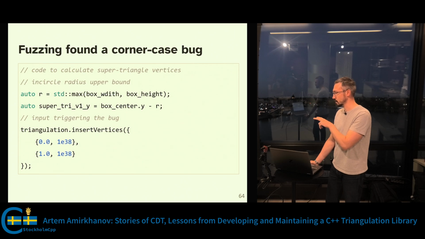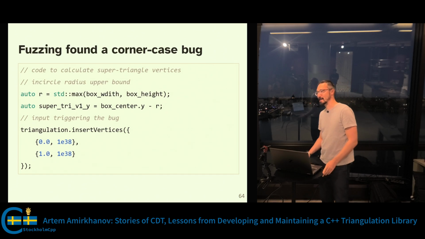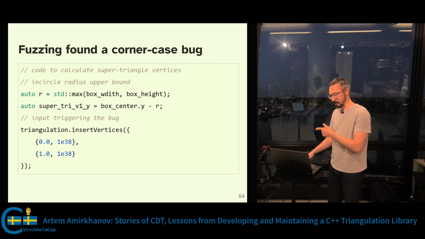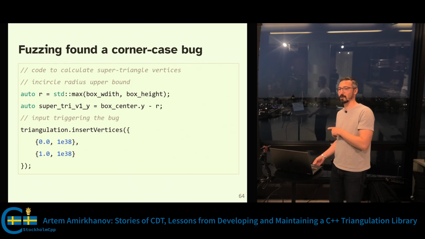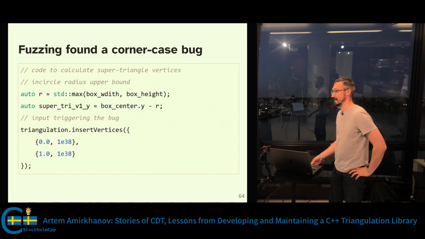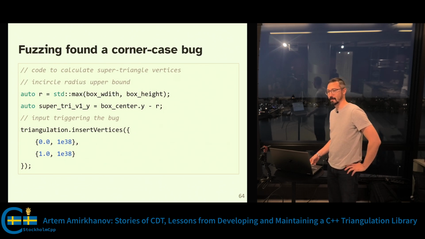So it's 2 points, one with x coordinate 0, y coordinate a huge number. And the second point is x coordinate 1, y coordinate the same huge number. So anybody has an idea what can go wrong here? Are you still parsing the slide, or you don't have an idea? No guesses? There's not enough precision? Yeah,